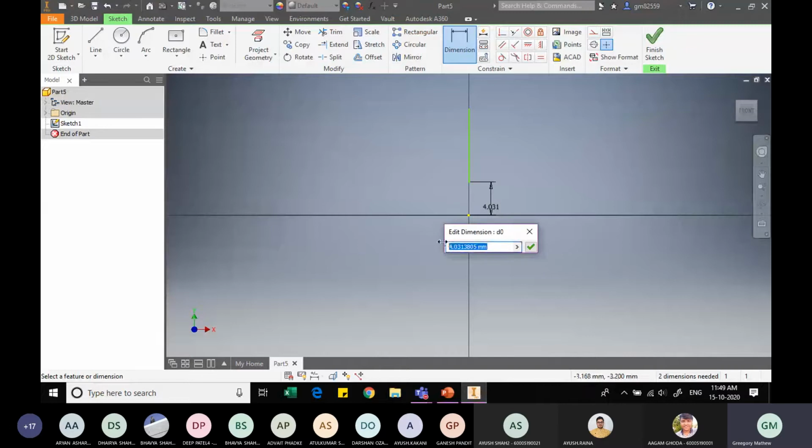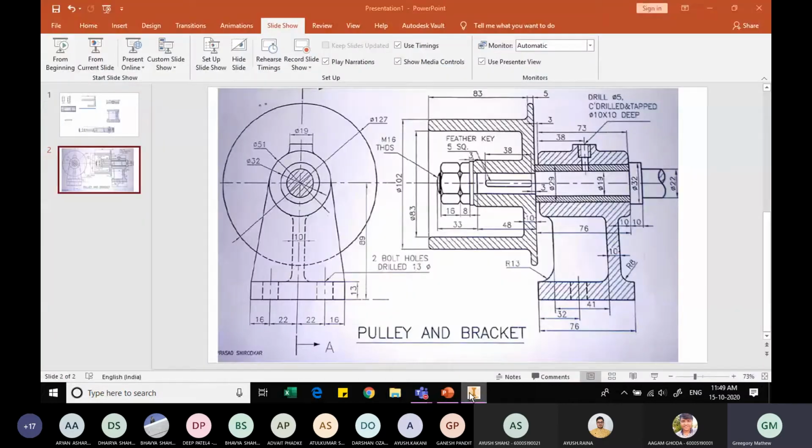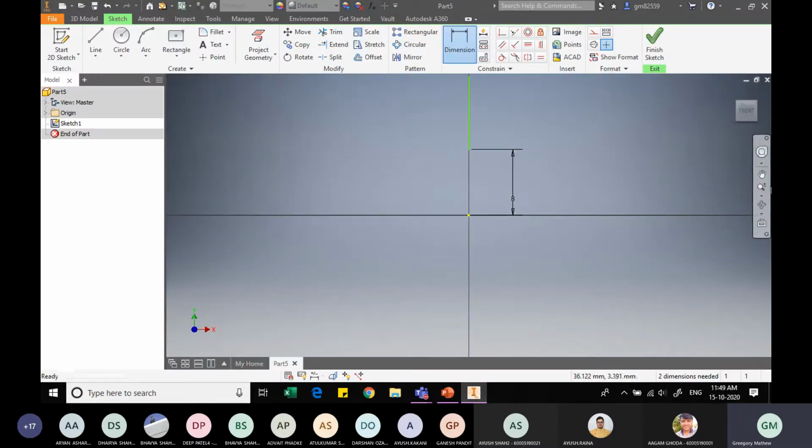So I will specify this distance to be 8 mm. And we will know that this edge that you see is this outer edge, which is having an OD of 127. So the radius or the outermost point from this face will be 127 by 2.